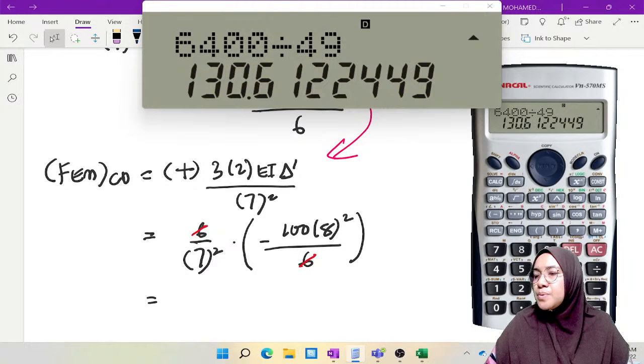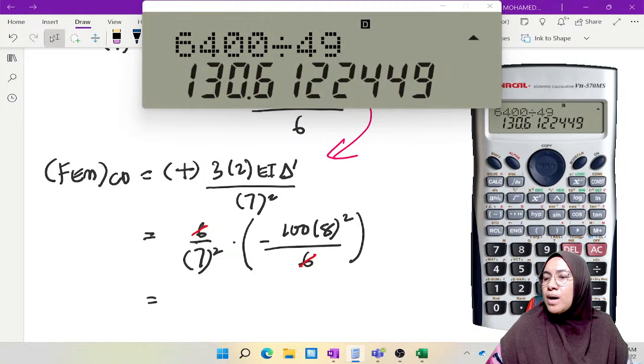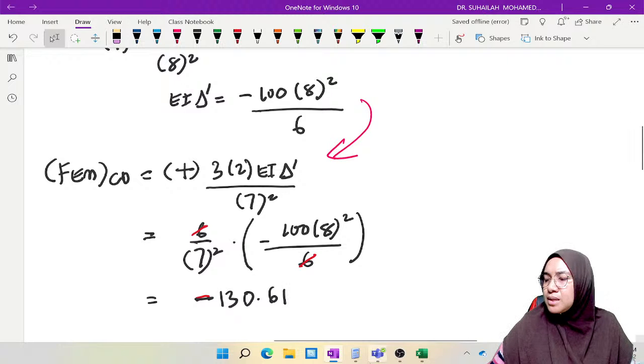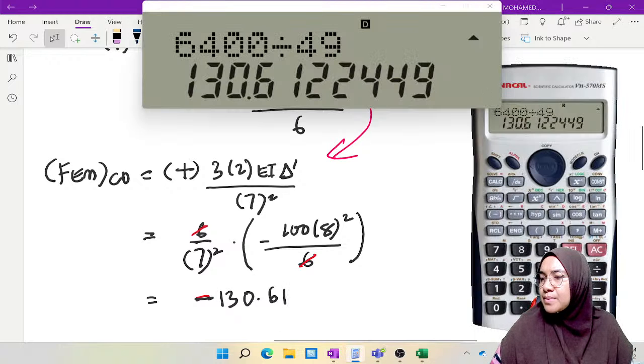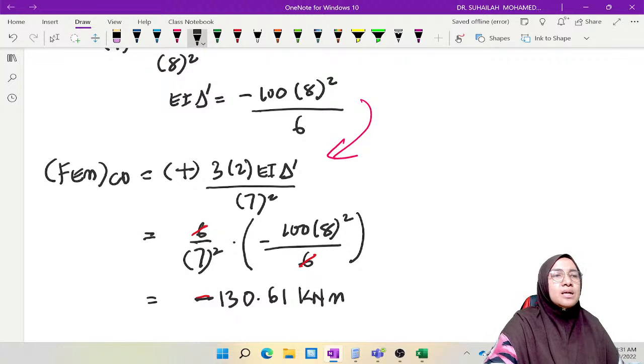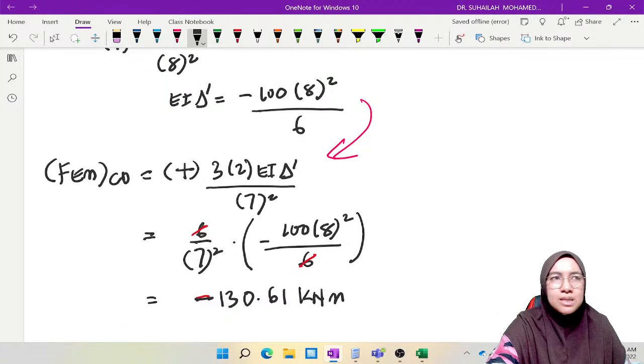So we get 130. So this is actually the ratio, 130.61. It is negative 130.61, okay, 130.61. This is kilonewton meter. So this value